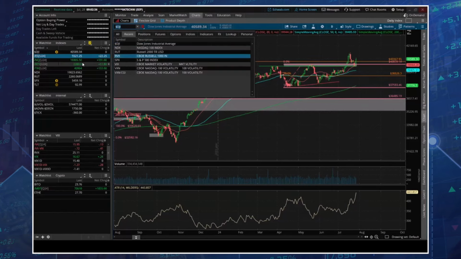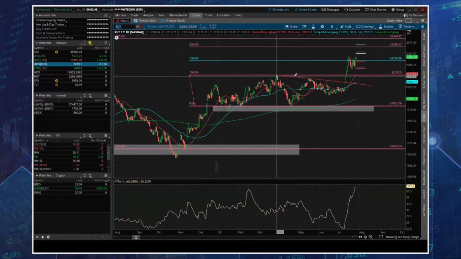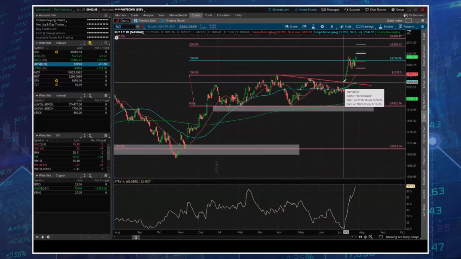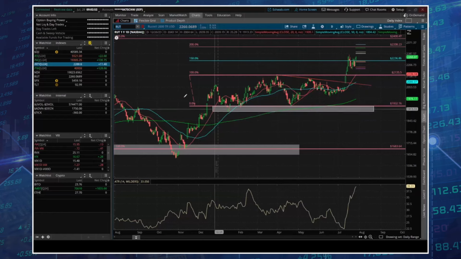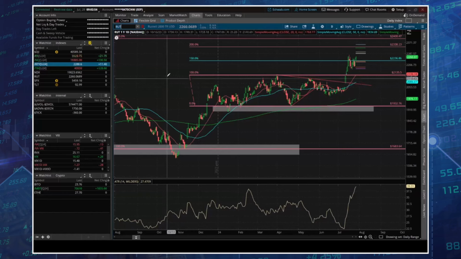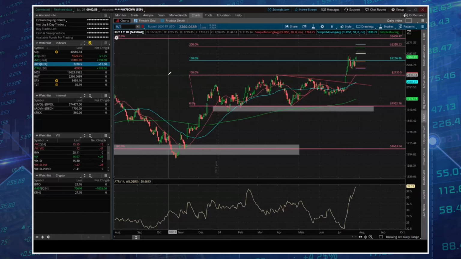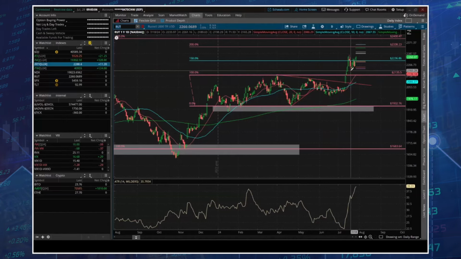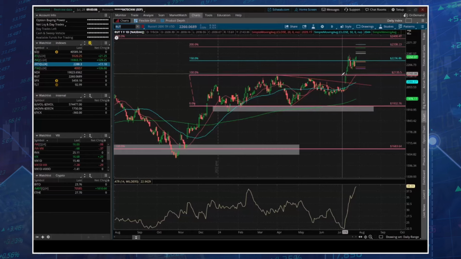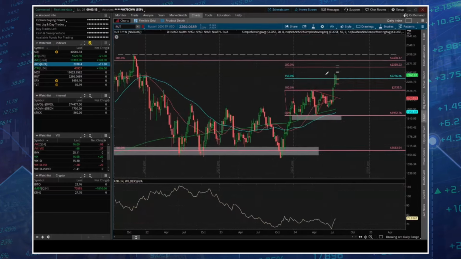So when I look at the Russell here, again, this was a fairly predictable move. We had a very long-term sideways range. We had a very strong resistance level that had set up a long-term resistance. When those break, they break really, really hard, and that was witnessed here. We got a very big move in the Russell. If we look at the weeklies, let's just look at this three-way weekly.